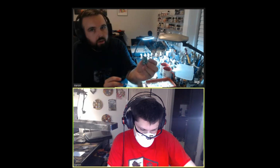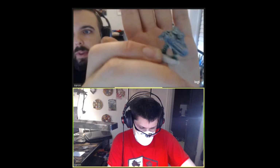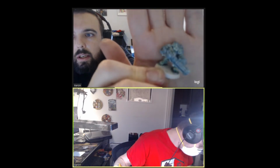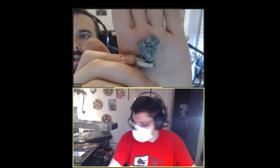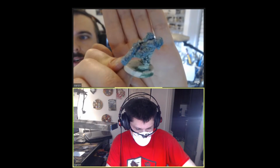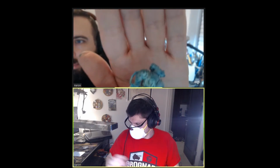Like the blue, oh man, I wish you guys could see this, but where it is green, you can see there's clearly white ridges there. Sorry, I have to smash this against my hand. But the blue is pretty dark and persistent all over. So look at the feet. You can see a lot of white there, right? And that's with a slathering of green. Look, you can see it pooling at his feet. But the blue,